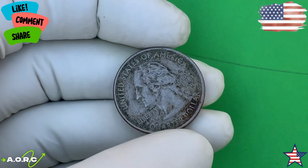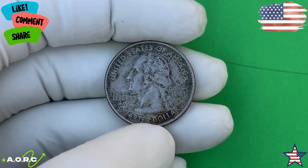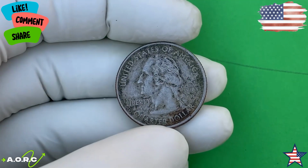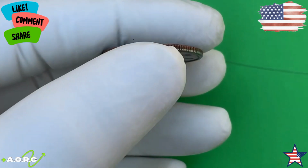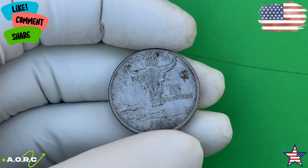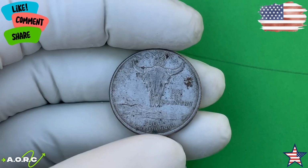Next coin is the USA quarter coin from 2007. It is more than just a piece of change in your pocket, it's a window into history and a prized treasure for collectors. With its stunning designs and the potential to hold incredible value, this coin has sparked the curiosity of numismatists and enthusiasts alike. Let's dive into what makes the 2007 quarter so special and why it could be worth